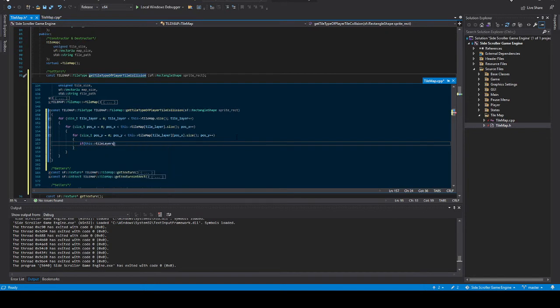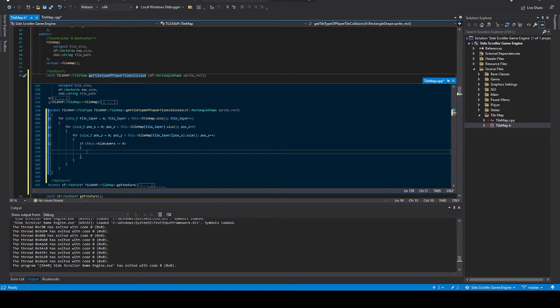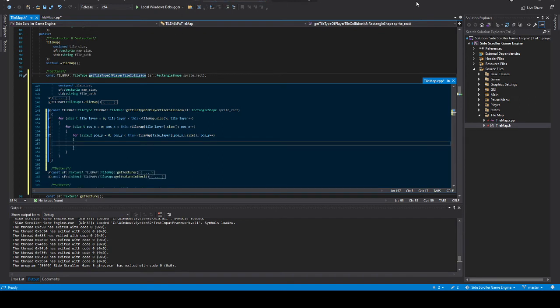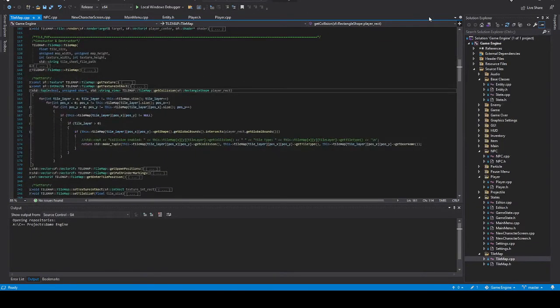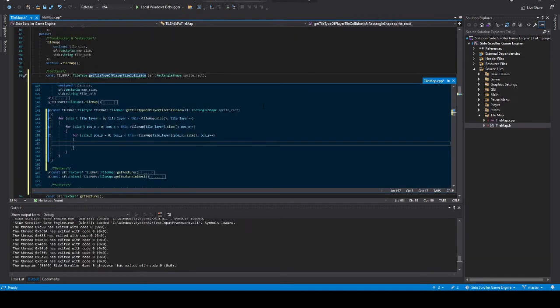Now, if this tile layer is greater than or equal to 0, then we can actually, I don't even think we really care whether it's that at all, because it's always going to be greater than or equal to 0. But let's try it with this, see if it works. Okay. Yeah. Okay, cool. Now we need to check if